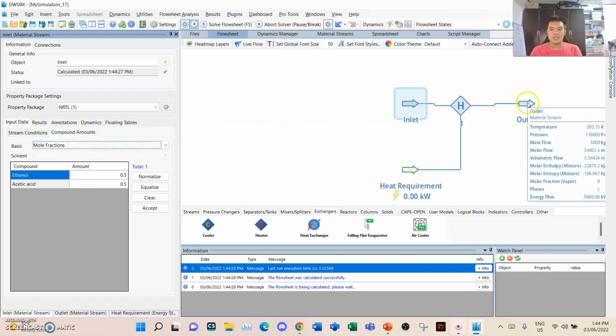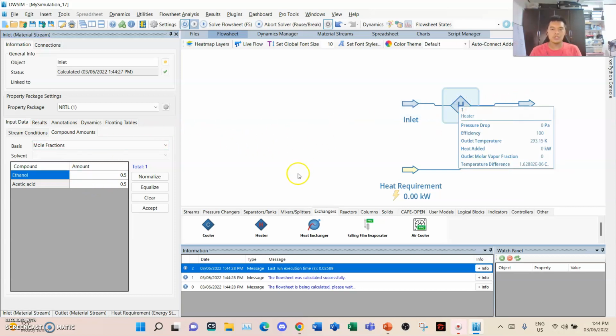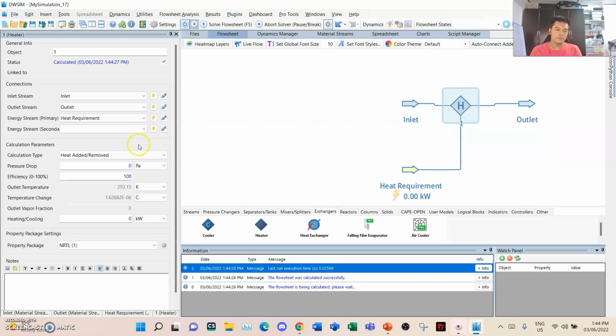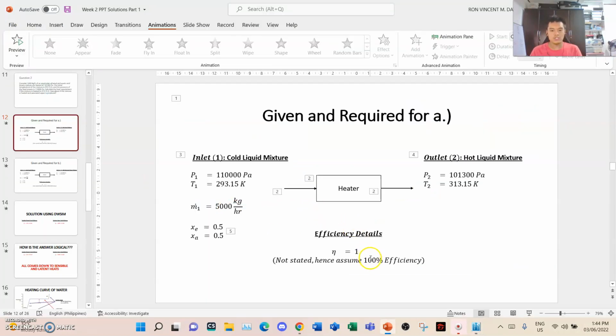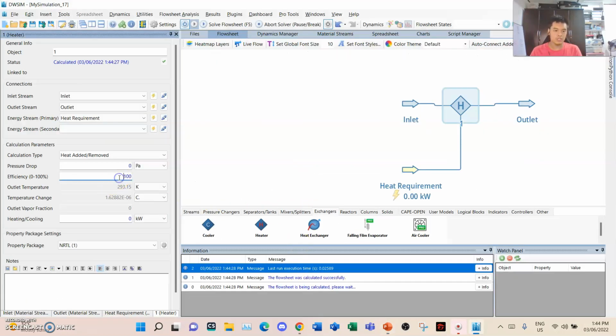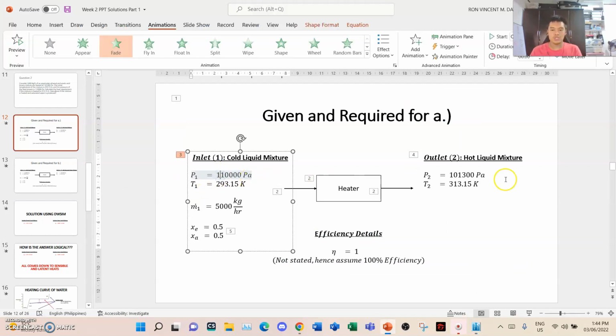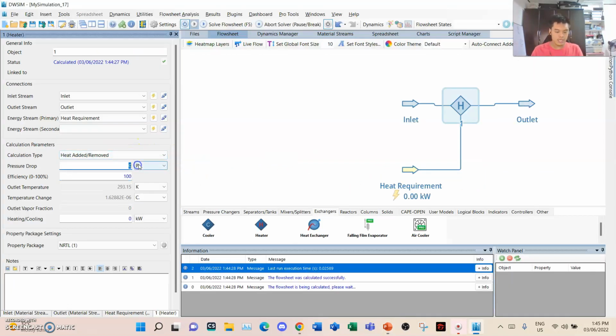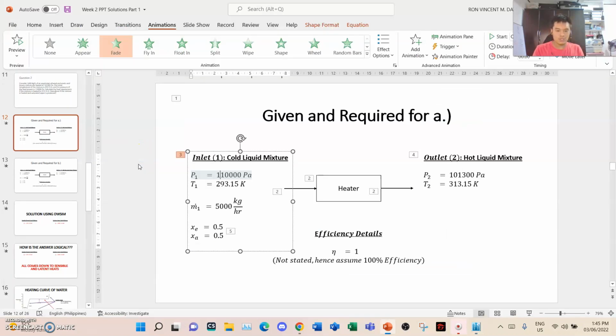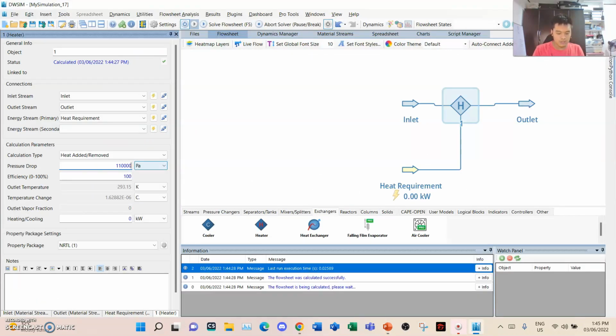Next, for the heater itself, we assume that its efficiency is 100%. So we'll put here 100. The pressure drop. We need to calculate the pressure drop so that the outlet pressure is 101,300. In order to do that, we simply do a subtraction. So 110,000 minus